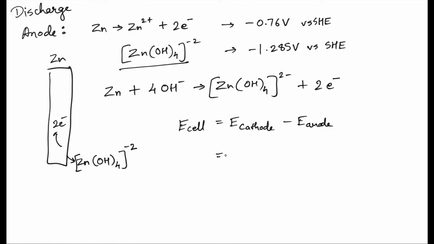The cathode is positive 0.401 and minus, if we consider this one, we get,